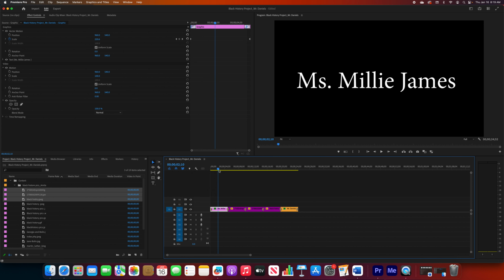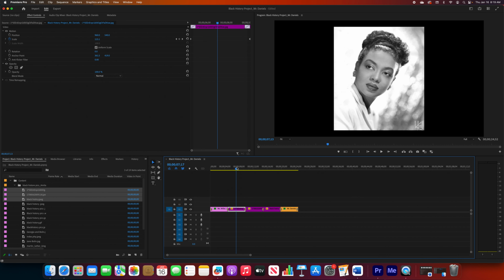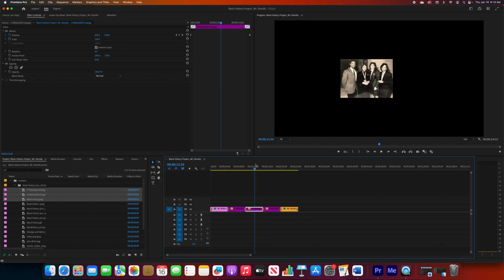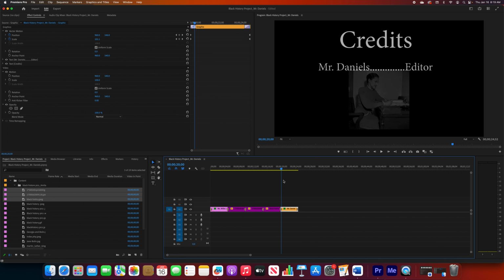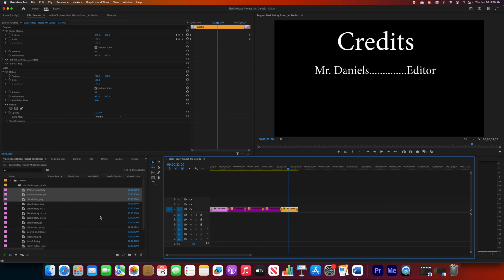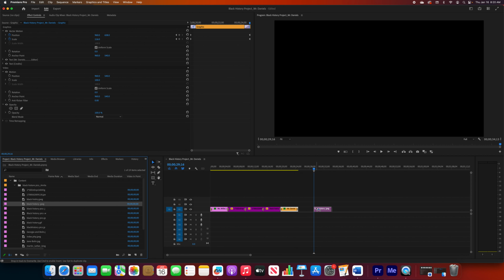So we have a zoom in, some motion there. We got a zoom out right there. We got this pan right here. We got this tilt, and then we got another simple zoom in. Now, something that I haven't shown you yet that you can do is if I drag one more image over,